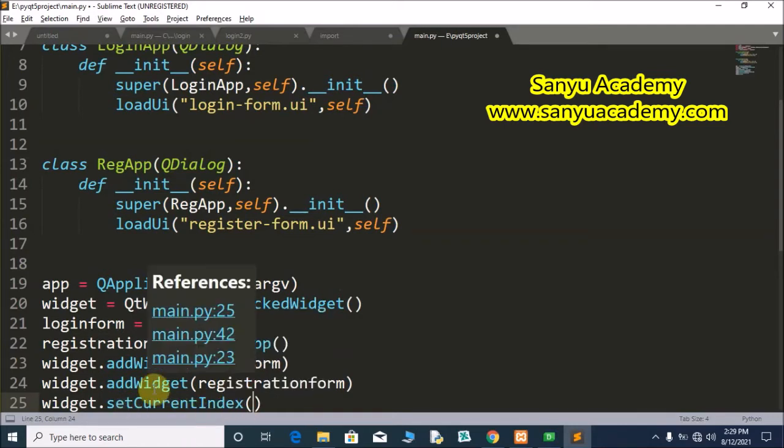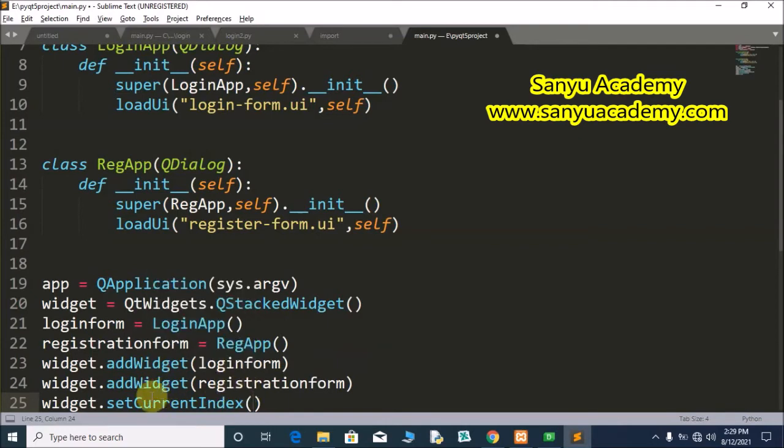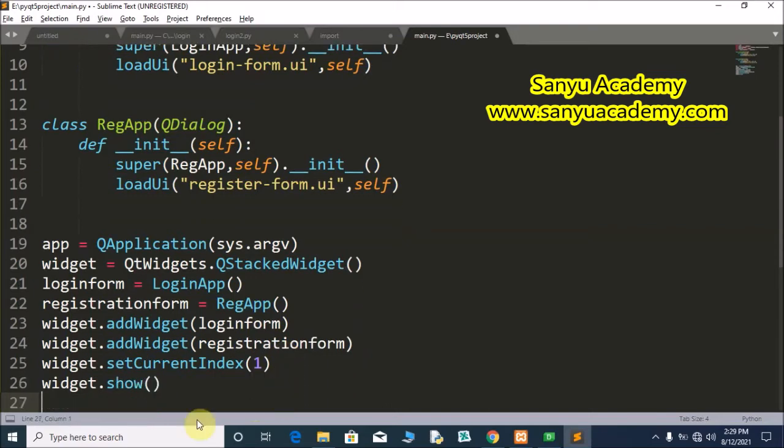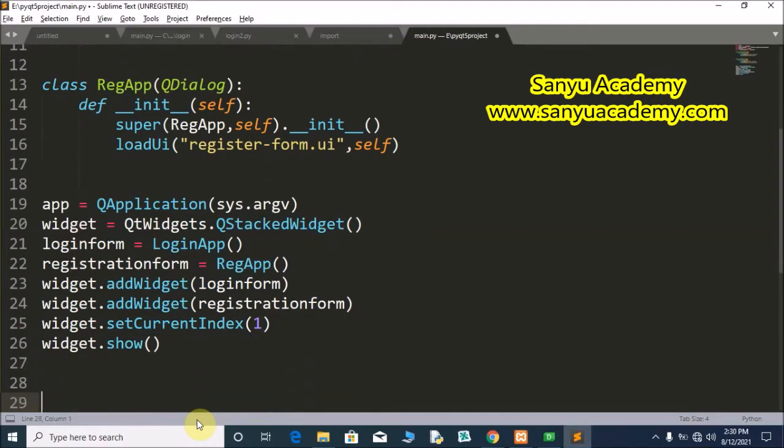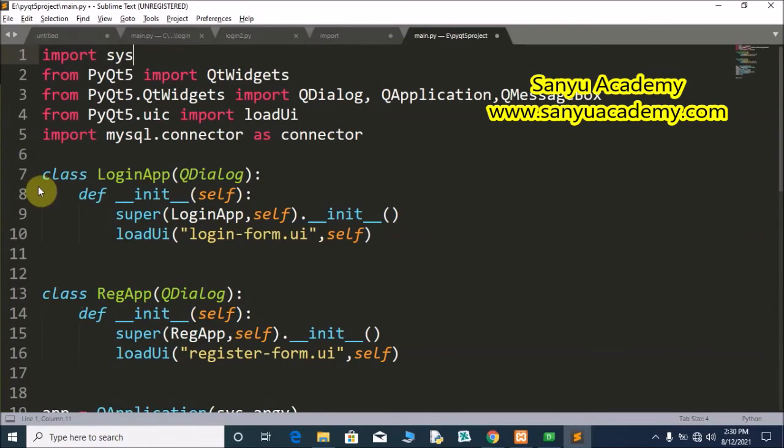If we want to show the registration form, we have to set current index as 0. Now I want to show the login form, so I give 1. After that we have to call widget.show, then app.exec_(). Now save the coding.